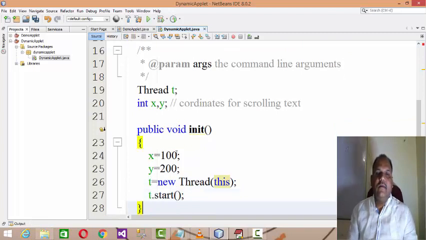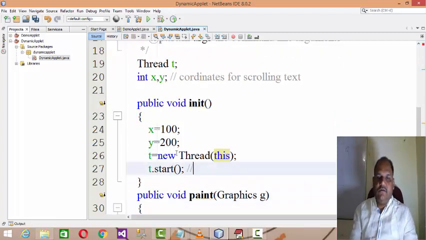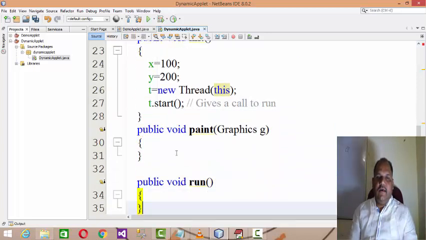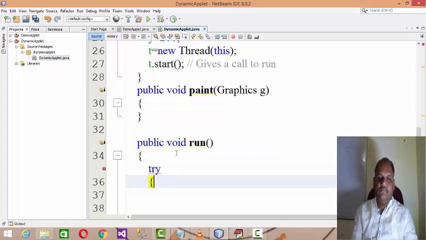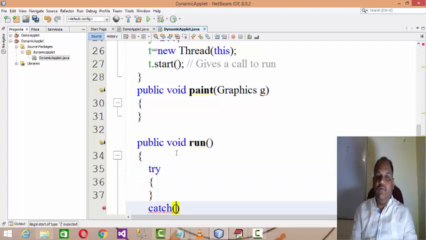Clear? So it calls run, right? And then in run, as I already explained, first of all you have to go with the try catch block. Why are you going for a try catch block?